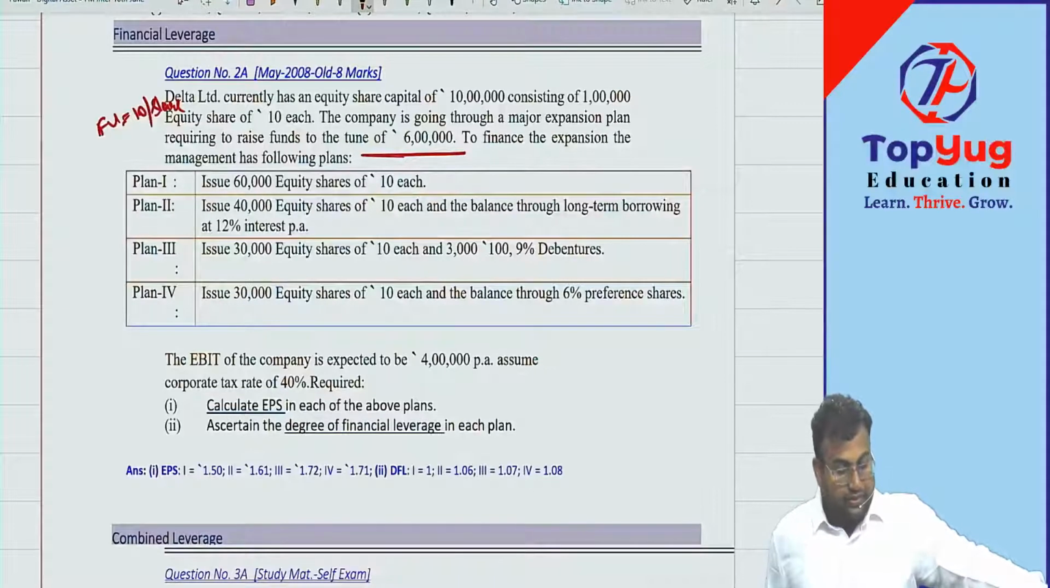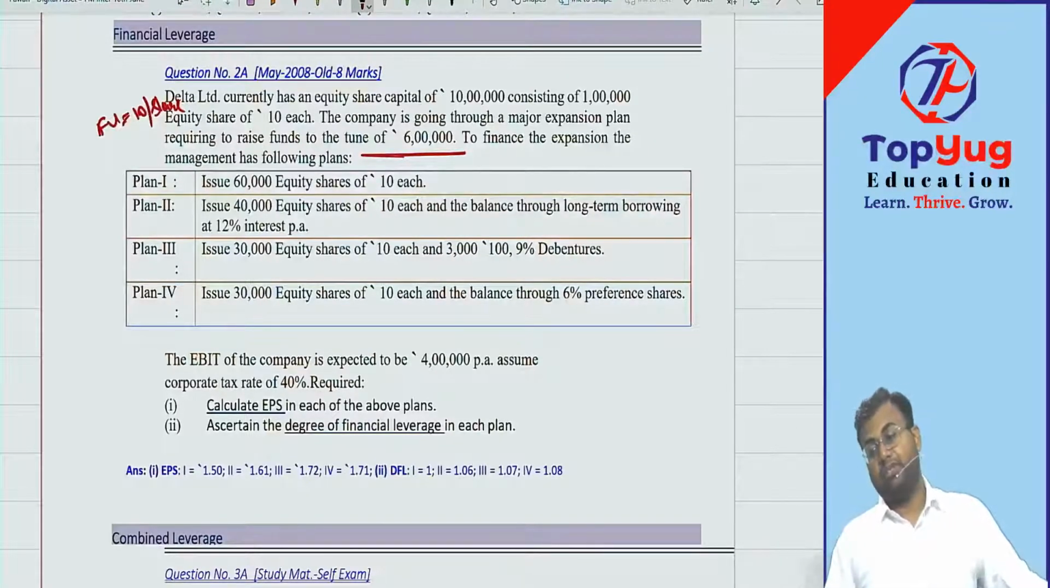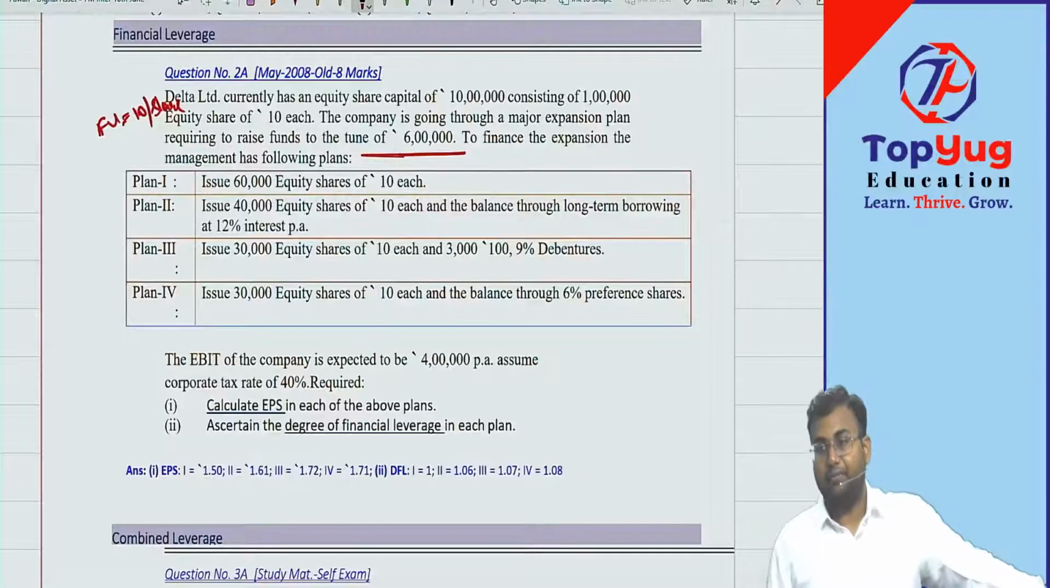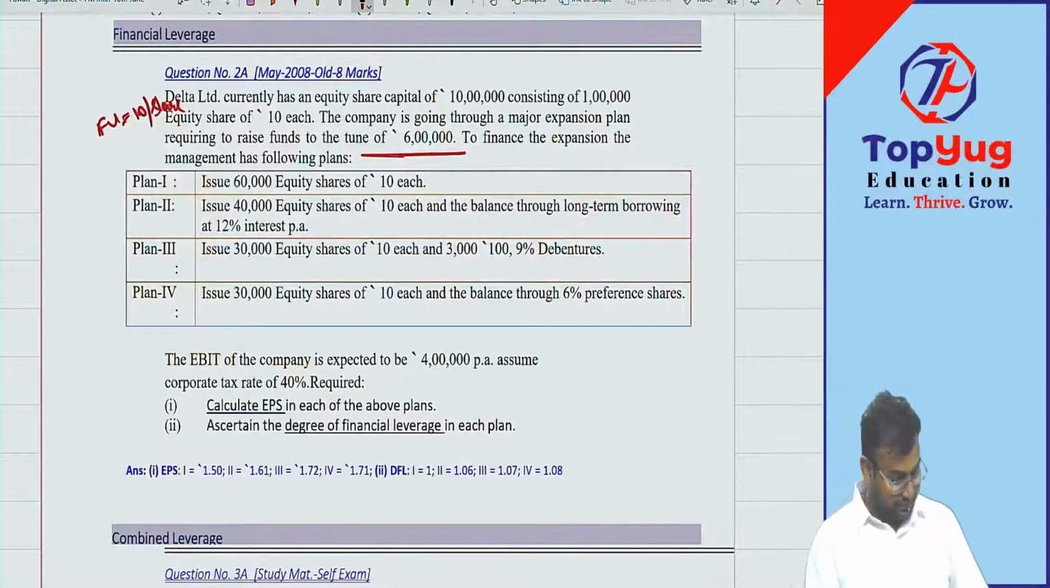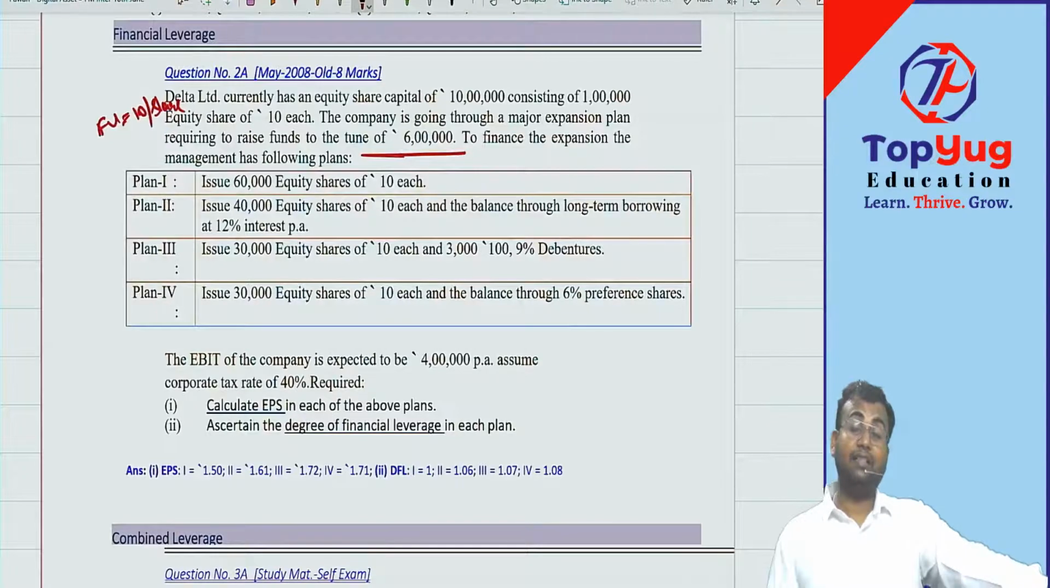Issue 60,000 shares of rupees 10 each, that means total funding is taken from equity. Second plan, take 40,000 shares, that is 4 lakhs from equity, and the balance 2 lakhs at a 12% loan from a bank. Are we all good? Yes. Then plan 3 is, we will take 30,000 equity shares, that is 3 lakh rupees from equity, and for the balance